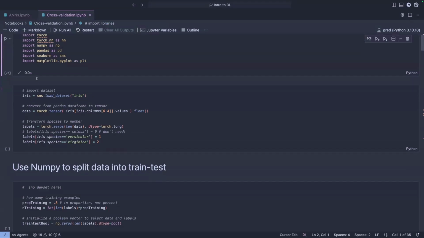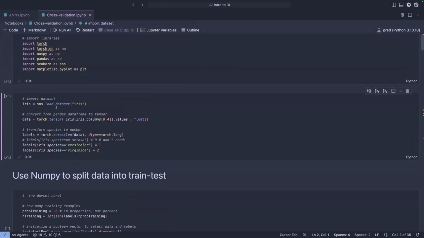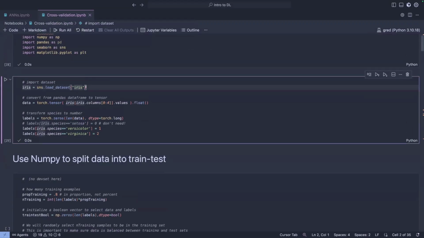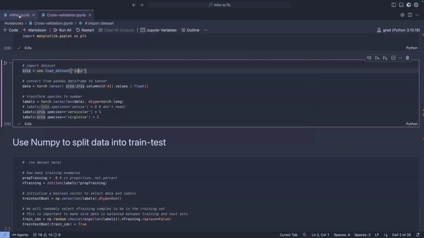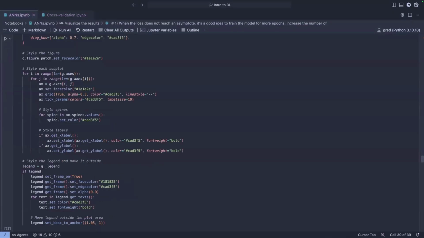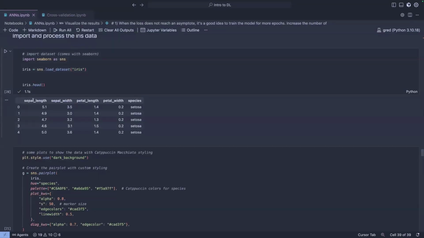So this is just me importing libraries, and now we're loading the iris data set. It comes preloaded in the Seaborn library, so I just use it to get access to it. The iris data set in the previous notebook that we didn't run last time is basically,